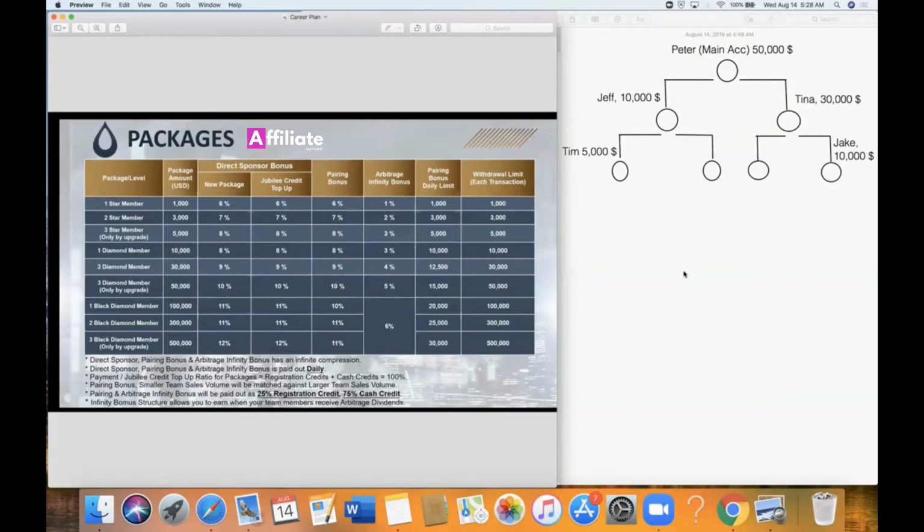So let's move on. This is the pairing bonus. Again, quick summary. You get your 10%, whatever package you're on, you get your percentage on the weak leg. So if this was 10,000 invested, you would get your 10% on 20,000. So 10 plus 10, if he invested 10,000, you would get it on 20,000 and so on, but always the